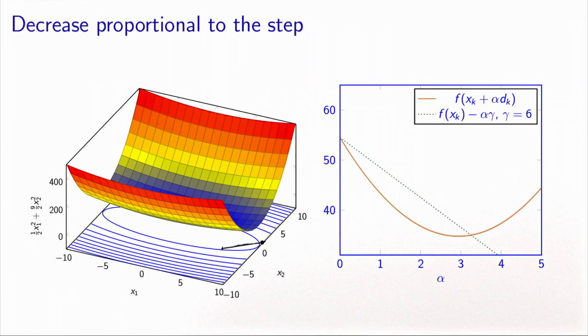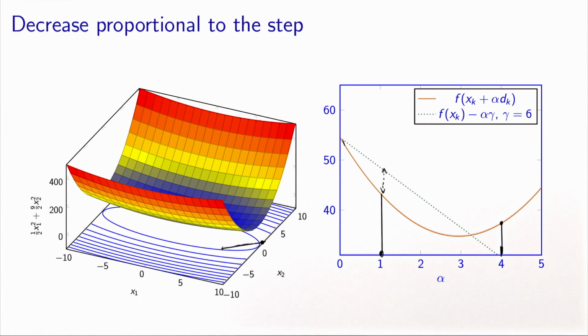So basically, I would consider a step to be acceptable if the value of the function is below this line. For example, the value alpha equals 1 corresponds to a value of the function which is below the line, so this is considered acceptable. The decrease that I've made corresponds to a sufficient decrease in terms of the condition I have introduced. While if you look at alpha equals 4, the value of the function is above the line. So here, the decrease that you have obtained is not deemed sufficient.